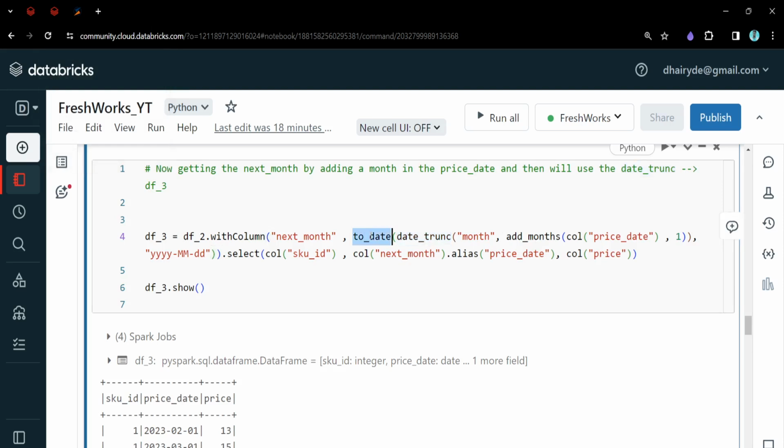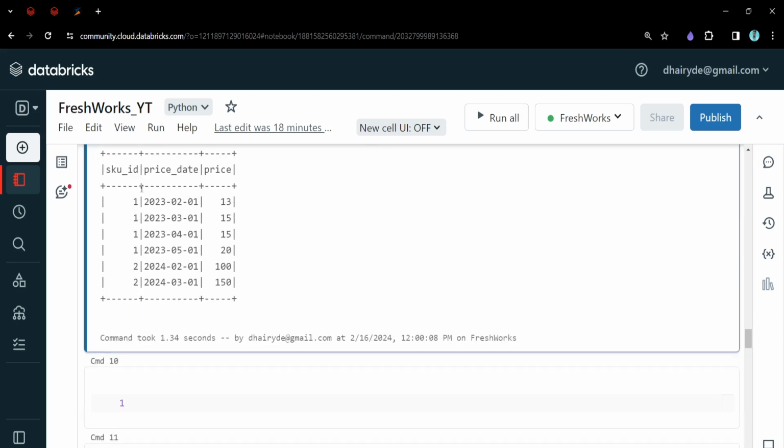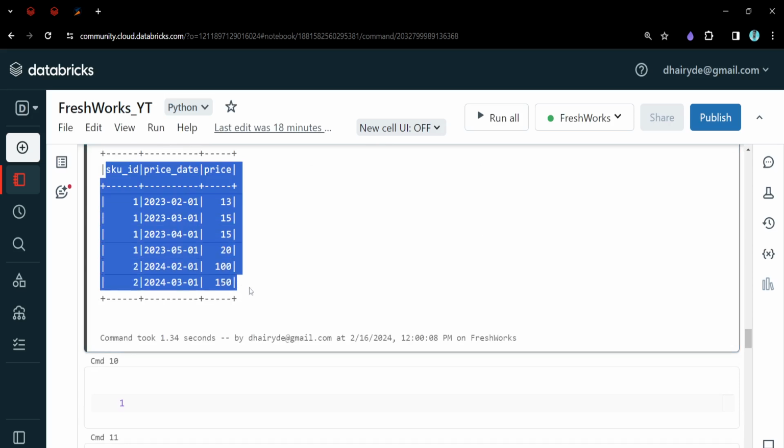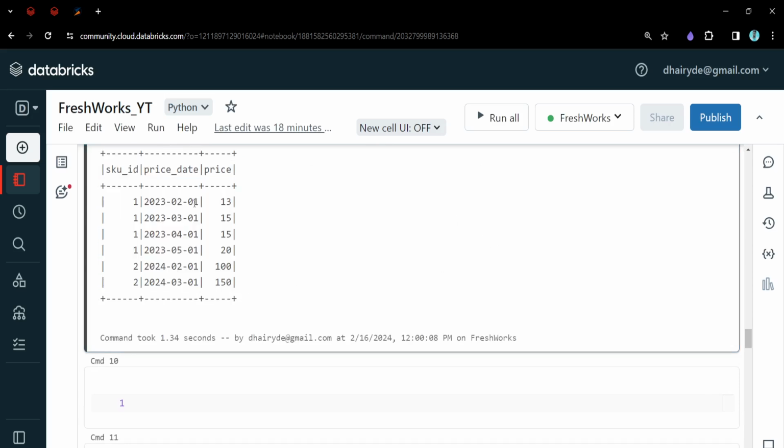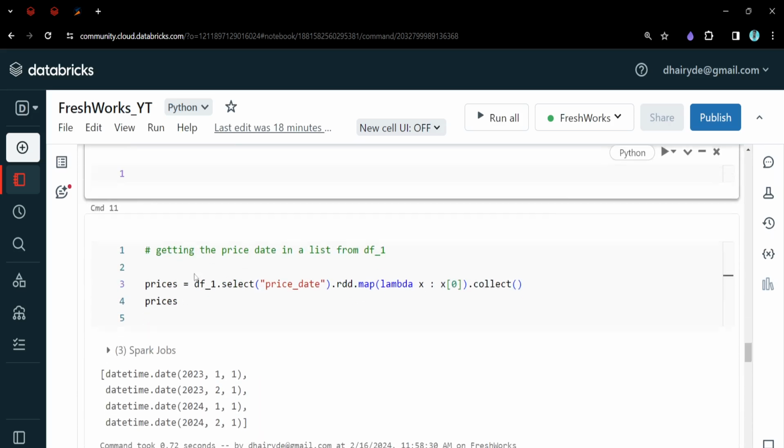So that is done, and this date trunc basically returns a timestamp. So that's why we are now converting this to date, basically in this format, right? And then we are selecting the required column from here, right? So this is done, and this is the required output after that step. So for each and every month we have data. Now the next thing is,